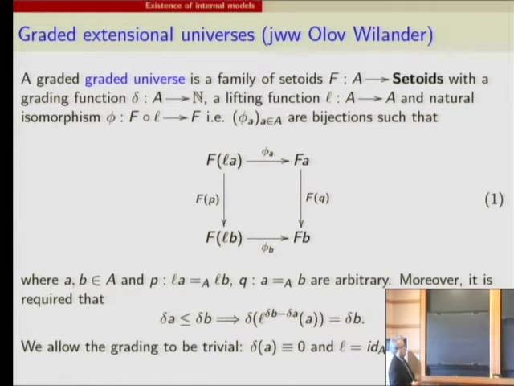So what is graded? The universe or each Setoid family? Oh, sorry. A graded universe is a family with this grading. So what is the problem? Okay, so each family. No, a graded universe is some particular family of Setoids with a grading function. Okay, so we are constructing a universe of sets or Setoids which is powerful than the